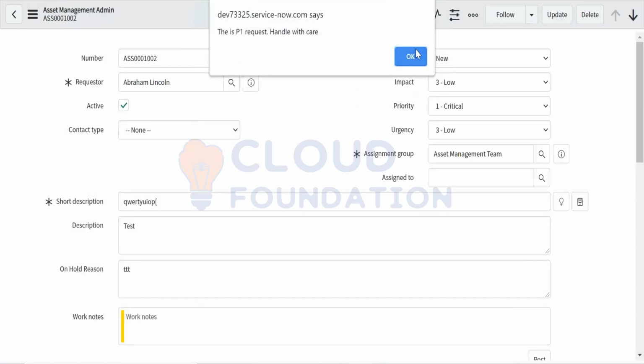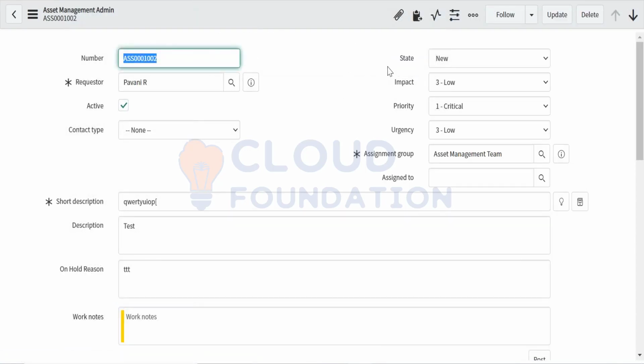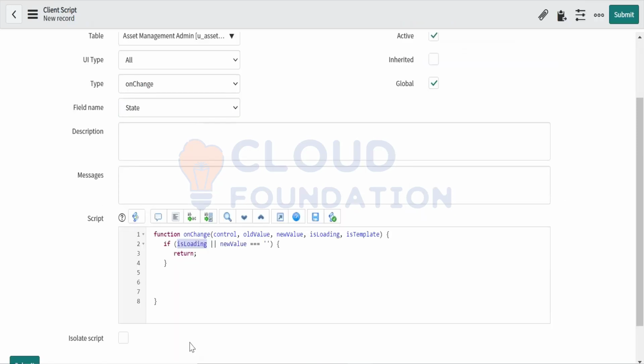So this is the load, I mean this loaded. Now the state is new, so this is the old value. Now if the state changes to work in progress, is this the old value or new value? This is the new value. What I was trying to say is, instead of storing the state details like this, store the state value to a variable, like g_form.getValue of